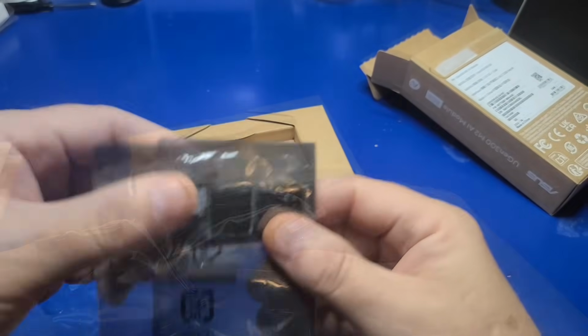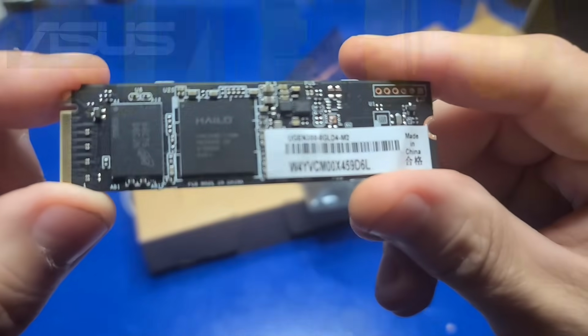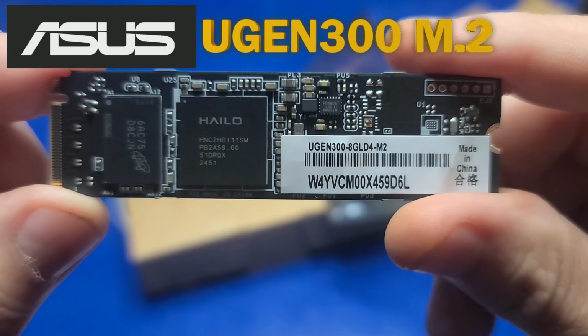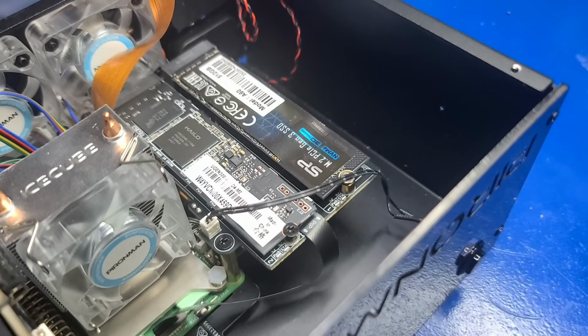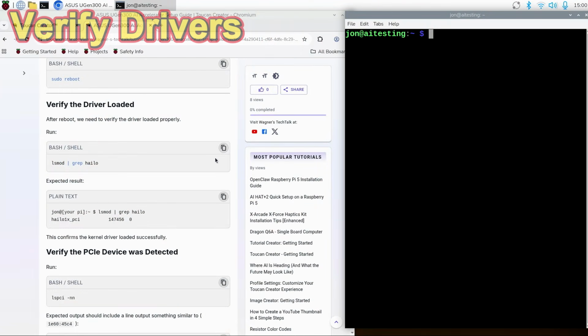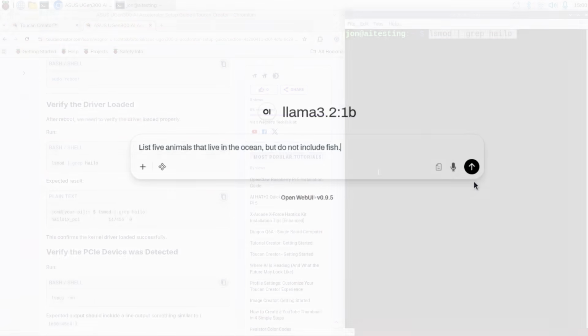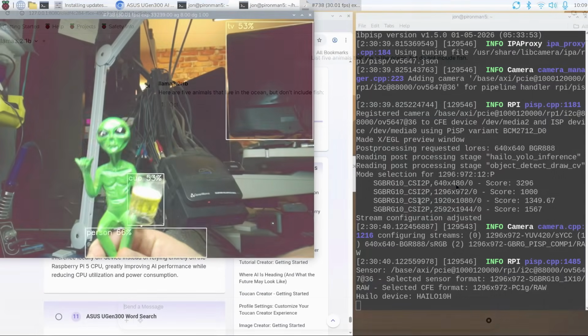Today, we're going to turn a Raspberry Pi 5 into a local AI powerhouse using the new ASUS UGen300 M.2 AI module featuring the Hailo-10H accelerator at up to 40 TOPS. I'll show you how to physically install it into the Pironman 5 Pro Max case, walk through the complete software setup step by step, run local generative AI models directly on the Pi, and even test real-time AI vision object